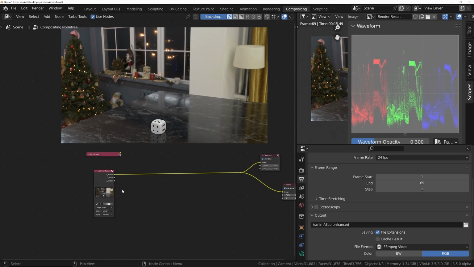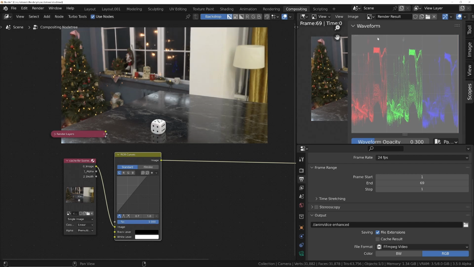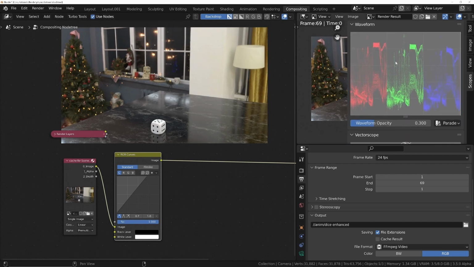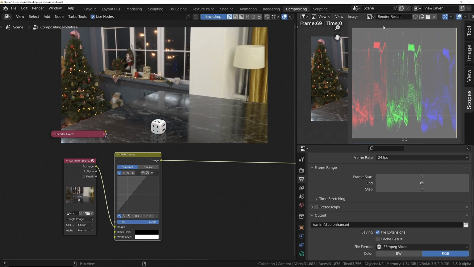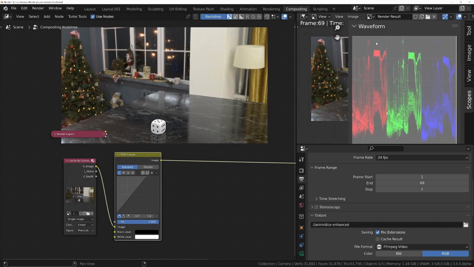Alright, so Shift A, S, and put down an RGB node first, drop this in here, and we're just going to increase this until the scope on the right hand side there, all the bits in it are going up to the top. So we can see there, let's increase that a little bit. We're up to the top now, so these highlights, this area here,